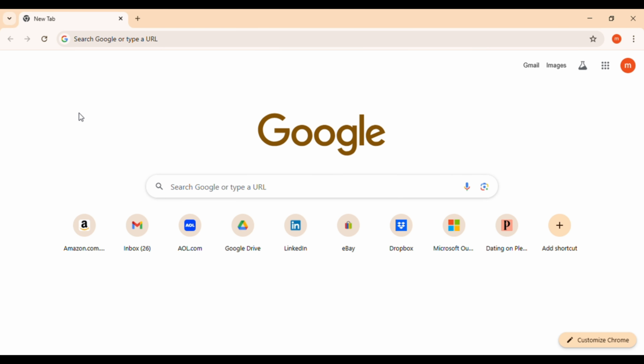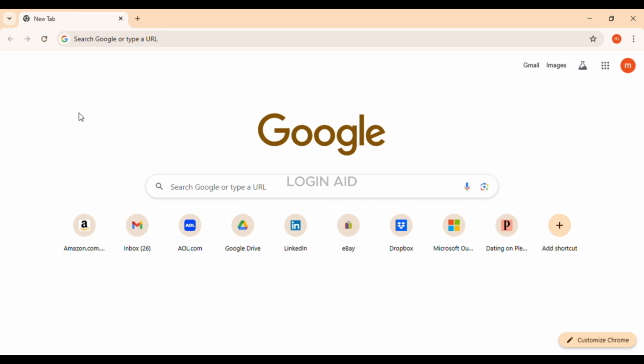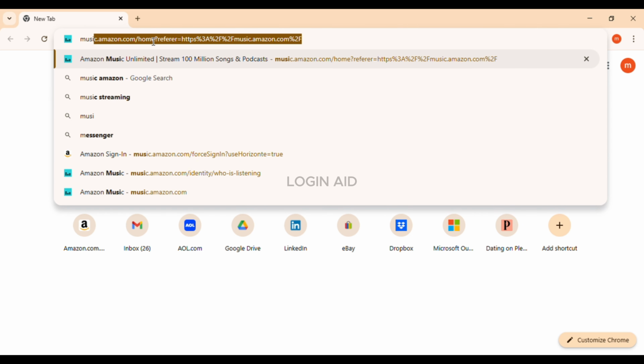In this guide video, I will show you how to sign in to an Amazon Music account. So first of all, what you have to do is launch any browser of your choice. You can see over here I've opened Google Chrome. Now simply click on the search bar and type in